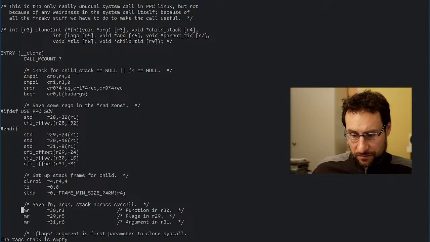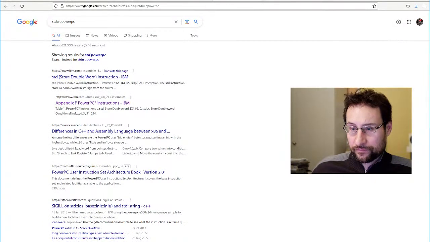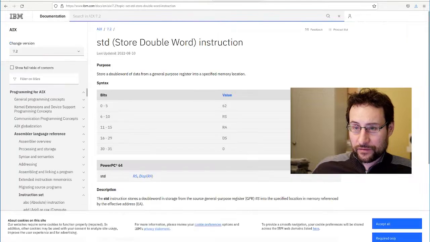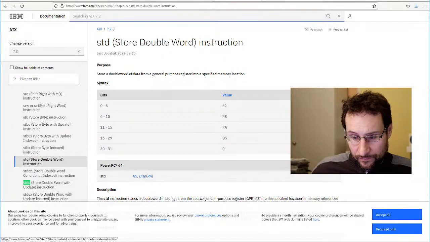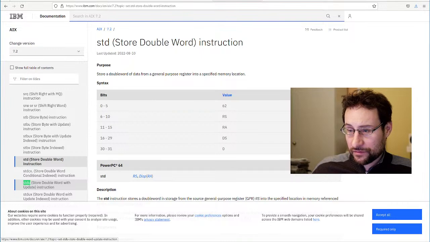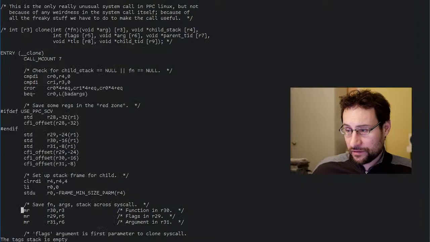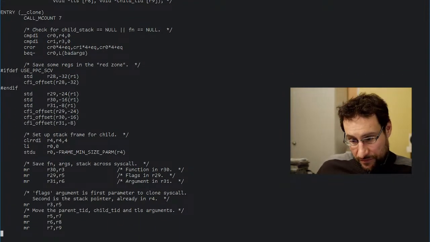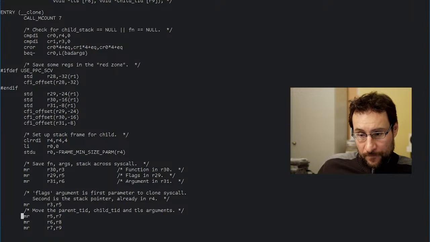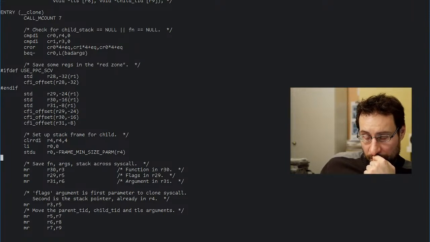Store double word. With update instructions, store a double word of data from general purpose register. Why is this slightly different for PowerPC 64? So maybe